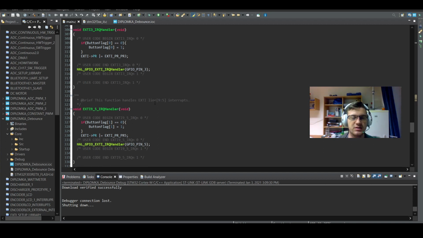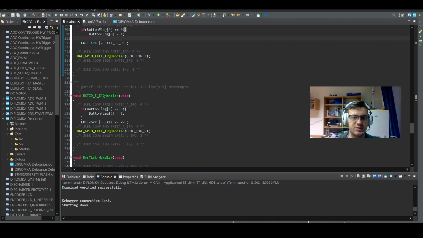Over here in this case, if button flag is 0, set it to 1. And if it's already 1, if you press the button again, don't set it to 1, just like that. And over here for the second button,